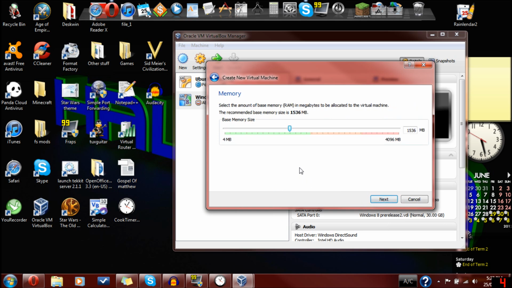Here you want to dedicate an amount of RAM towards the virtual machine. Now they recommend for 64-bit you put in 2 GB, but I don't quite have 2 GB spare because Windows 7 takes up about that much. So I put 2000 meg. Of course, it said the recommended base memory size is about that, but